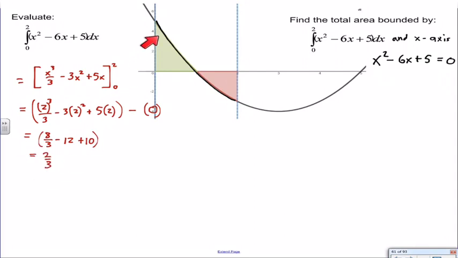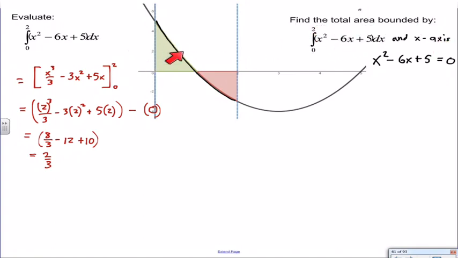Now the way we can interpret that when we look at the graph is there's this green area here and this red area down here, and if I added the positive energy and the negative energy, there's 2/3 more space up top. So it's like the net area gained. This could be considered profits, and this could be considered losses, and this could be considered the net gain. Anyway, if this question is differently asked, it says find the total area bounded by the integral in the x-axis,